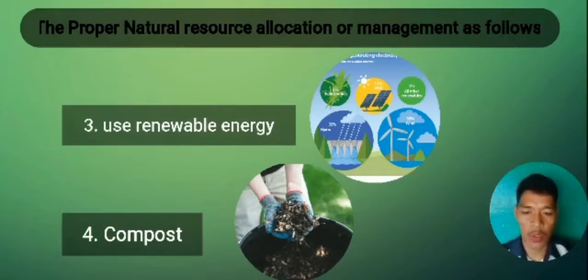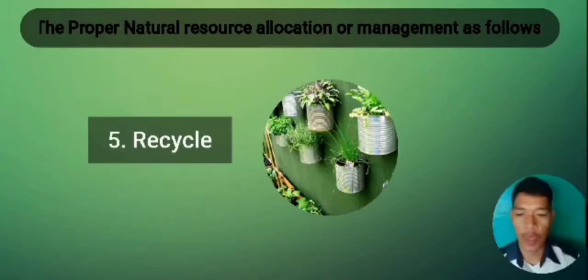Compost. Composting is a great way to convert your food scraps into useful materials for your home garden. Composting enriches your soil and reduces the need for watering by improving runoff, which reduces soil erosion. Recycle. Making new products requires the use of resources, but recycling helps reuse the materials we already have.